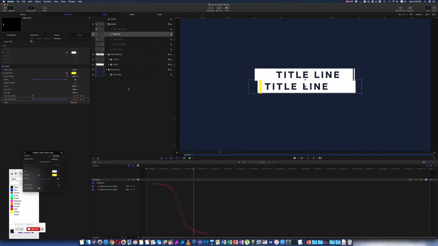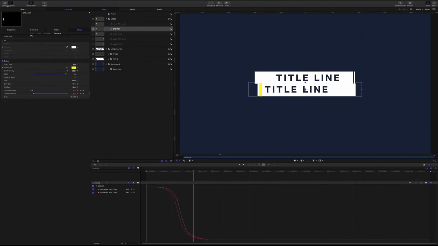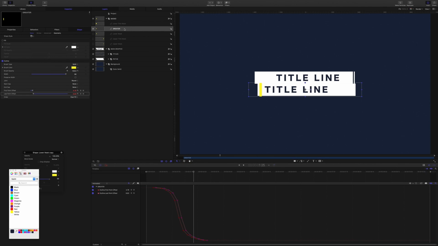And we want to make sure that is selected still, and with our playhead at 1 second 25 frames, use the shift left bracket key to reset the endpoint. I'll shift the endpoint of that mask to 1 second 25 frames. And it's turned on and it has a separate color, so